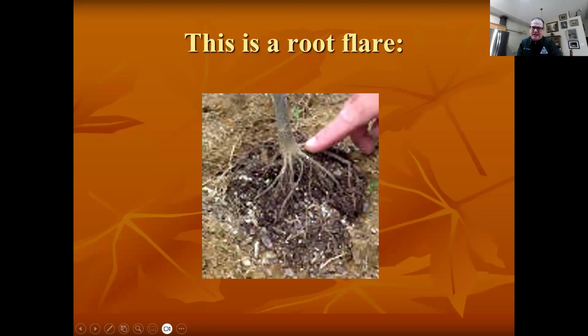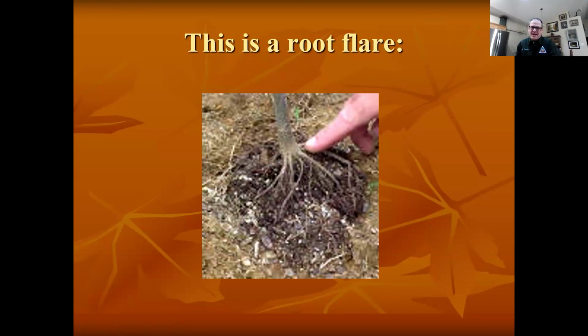The day you plant the tree, you should be able to walk up right here and see. Now, these shouldn't be all uncovered here, but you want this right here to be at your soil grade line. Because what happens is, if it's too deep in the pot or burlap or whatever container it's in, and it's got soil on top of it, and you plant that soil down here, instead of growing out away from the trunk, the roots tend to circle around and it can strangle the tree.